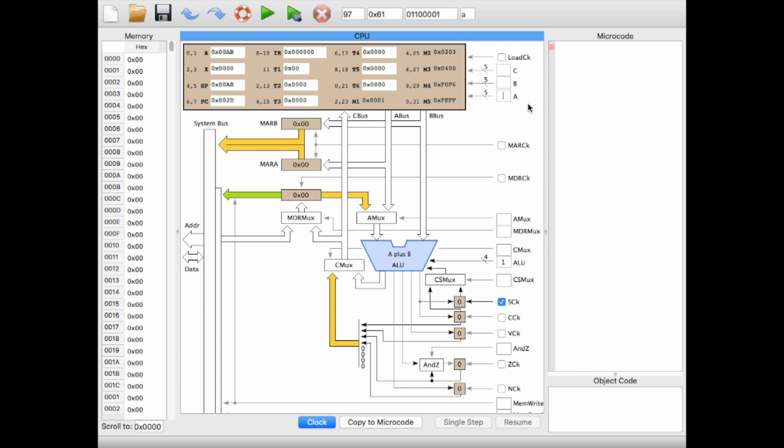So what was it for A? A was 7. B is what? 23. AMUX is 1. A plus B. And the CMUX is what? 1, and we want this to go back into the program counter, right? So that's 7. And after this whole thing is over, it would clock this into here, and